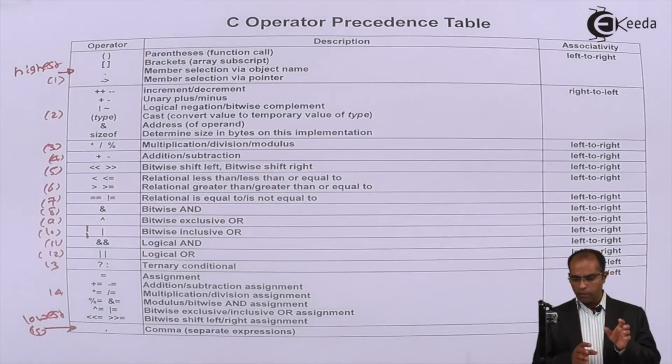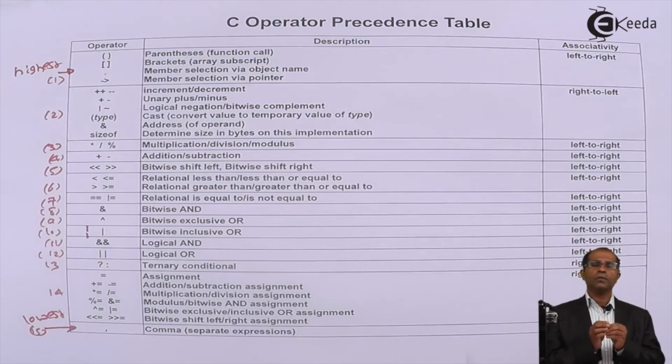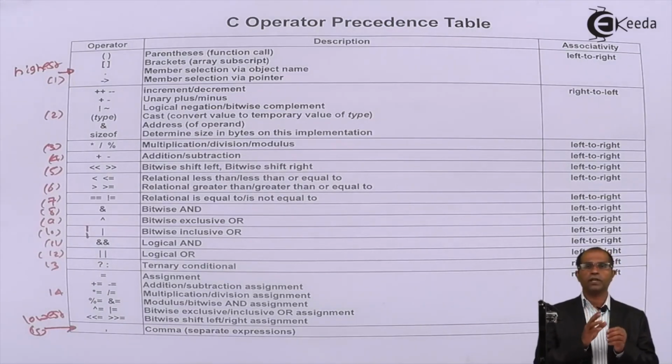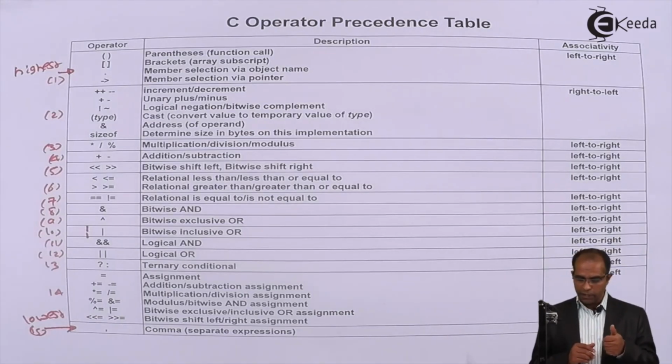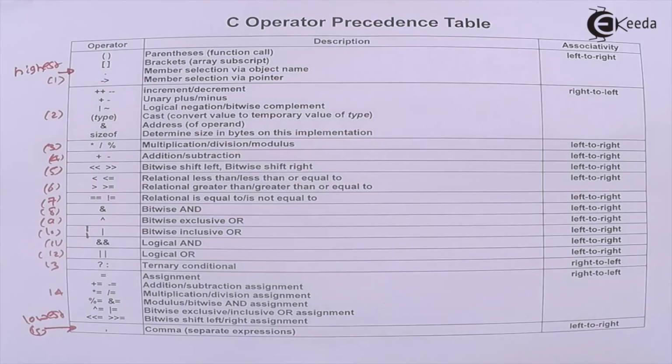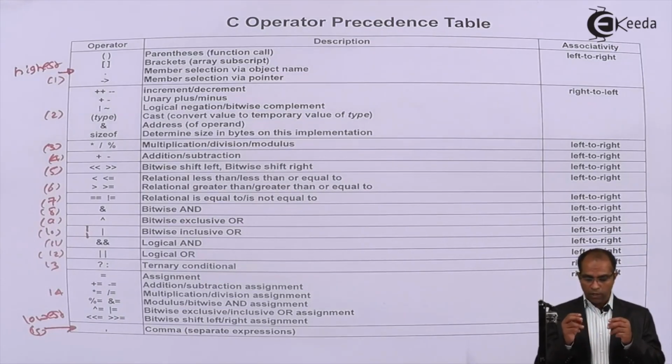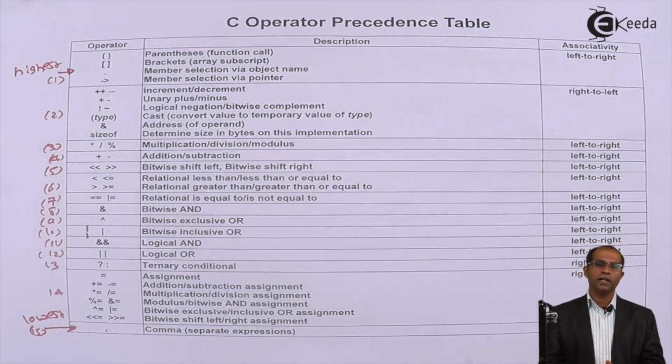So all these operators are associated with their priority levels. As for associativity, most of the operators associate from left to right, except three kinds of operators. One is the unary operators, the next is the ternary operator, and the third is all assignment operators, which have right to left associativity, and the rest all have left to right associativity, right? So as such, now you have the second highest till the 14th highest level described, and the rest will be described again as per their application in later videos.